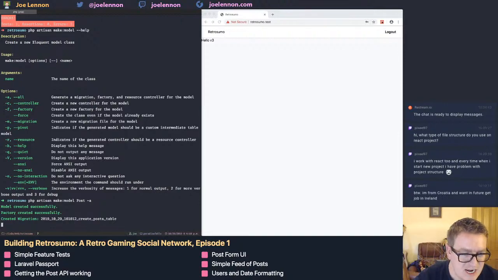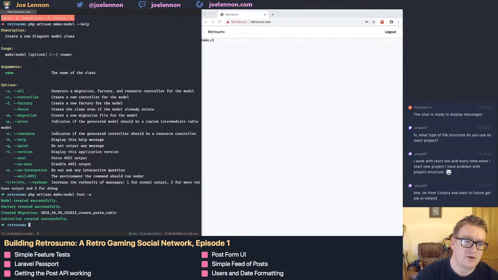So this -a argument is going to scaffold out automatically a migration for creating the database table. It's going to create a model, and it's also going to create a factory for easily populating data for our tests against that model, and it's also going to scaffold out a controller for us as well. Now the controller will be a resource controller by default, which